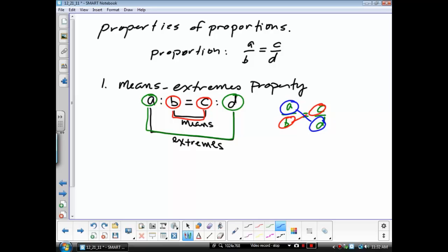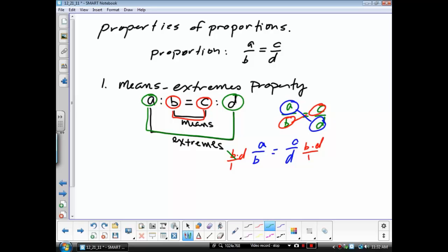So let's use a little algebra on this proportion. A is to B as C is to D. The algebra I'm going to use is to multiply on both sides by the denominators. Can you see what I'm saying here? So I'm going to multiply by B and D. I'm multiplying by B and D over 1, which means what we are going to have here,